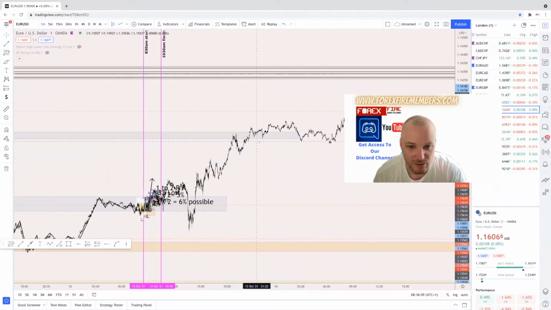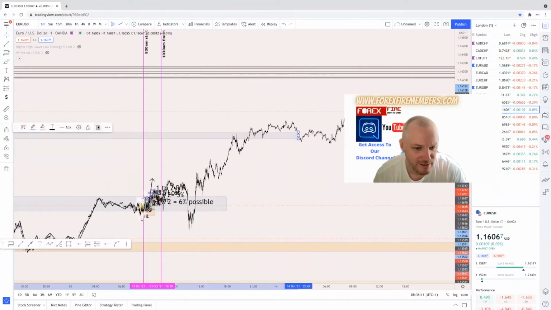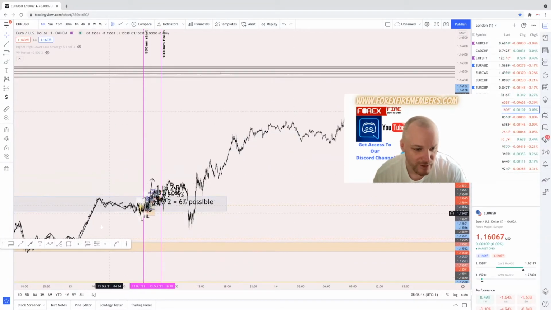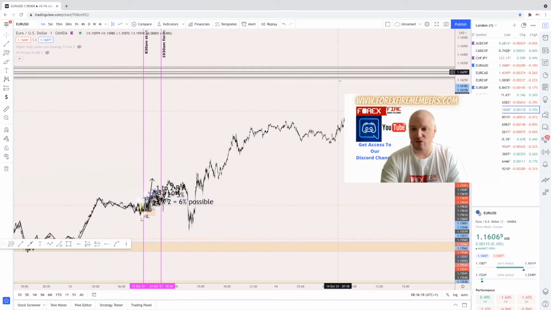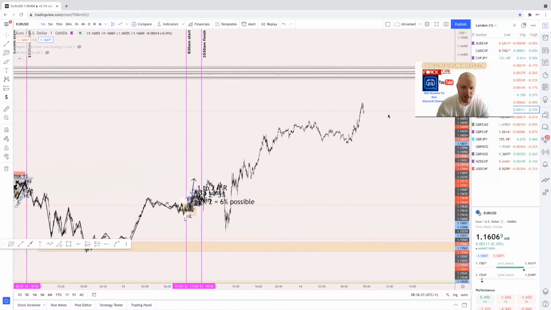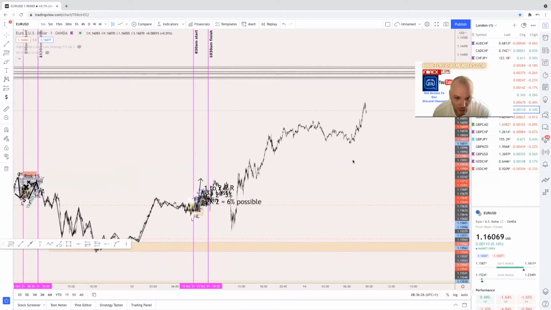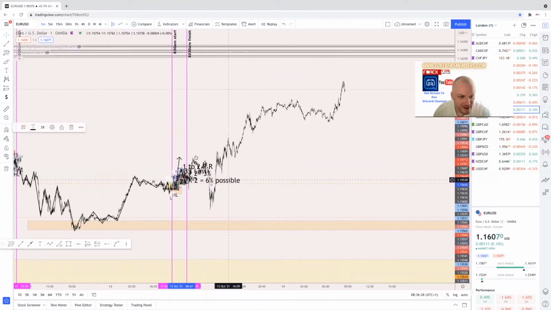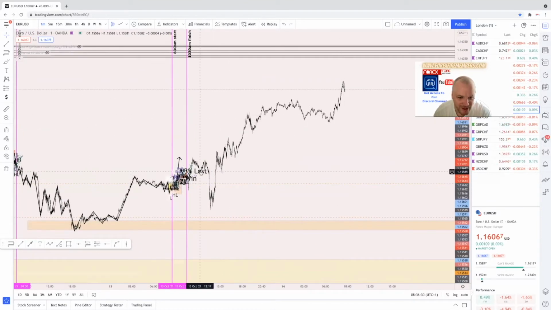Let's just take a look. We're just going to get rid of all of these. We'll get rid of this. And we're just going to check our time, because it's always good to start your day with having a general bias of direction. Okay, so what we're going to do, again, we'll get rid of the noise. So from here, guys, we're going to get the path. And you know what we do.